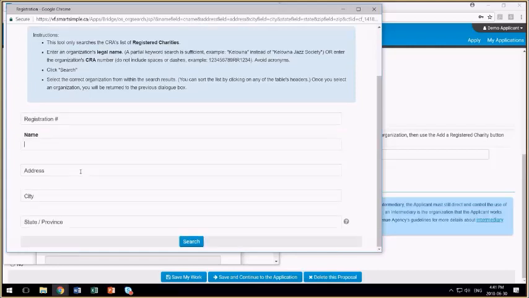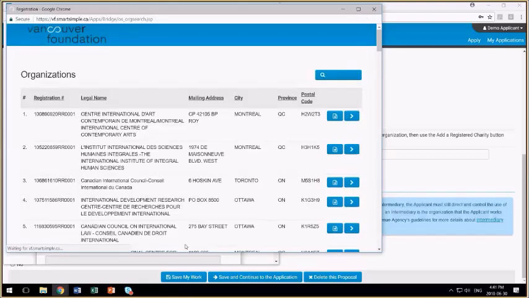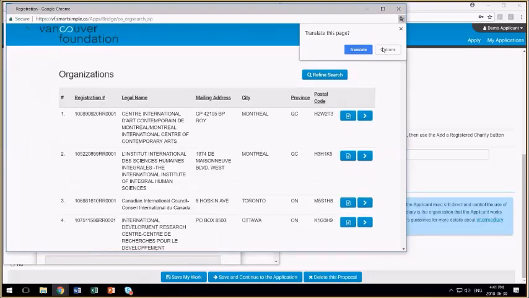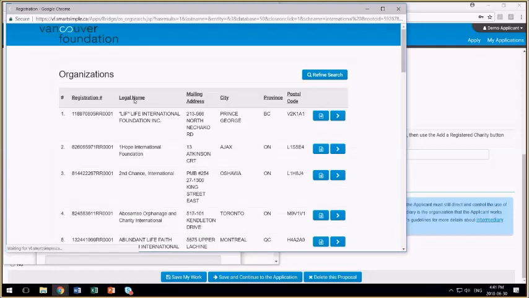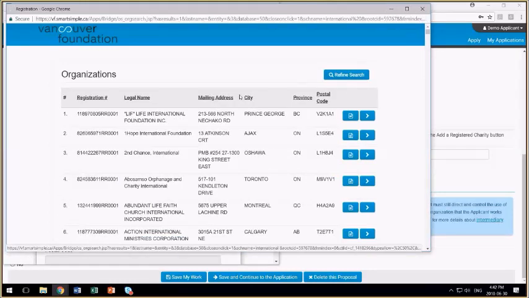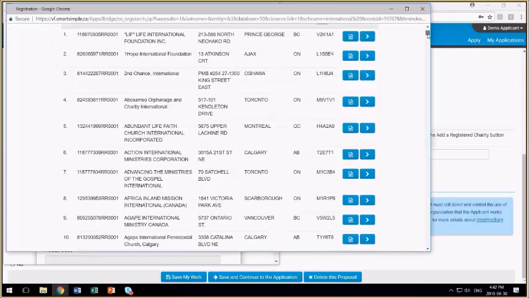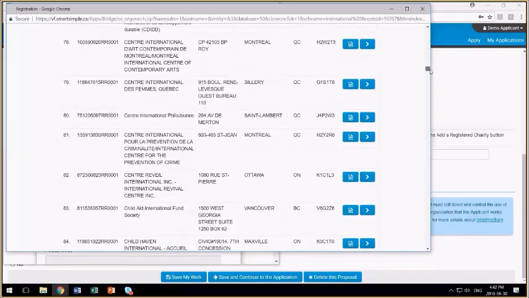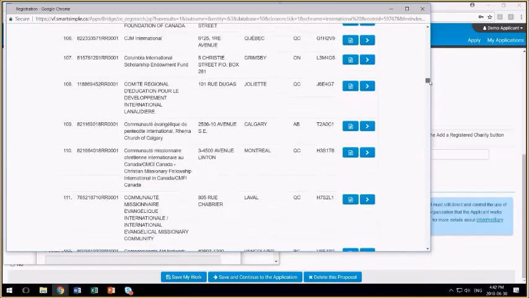Here you enter as much information as you know about the organization and then press search. You're presented with a list of organizations that meet the criteria that you've entered into the form. They're sorted by registration number, but you can resort the list by clicking on any of the column headers here. The organization that I want to use as an example is down here,